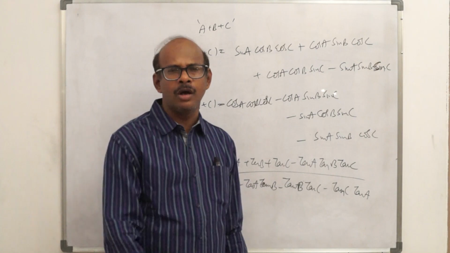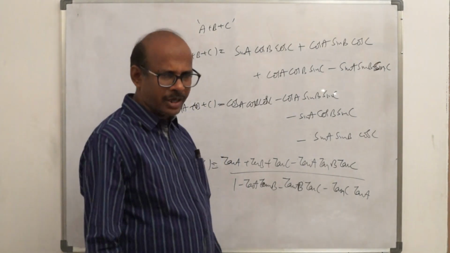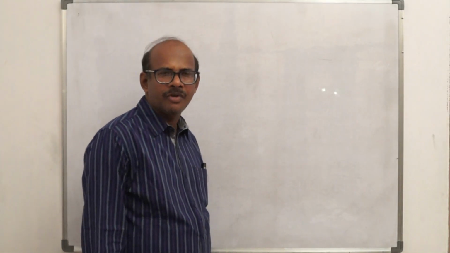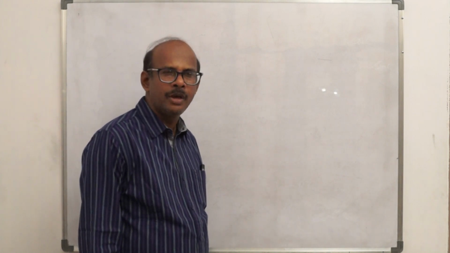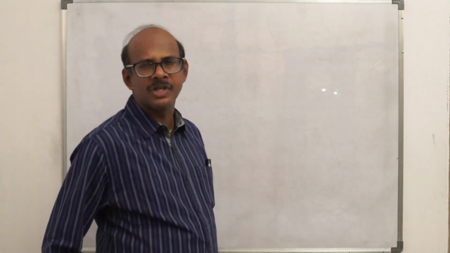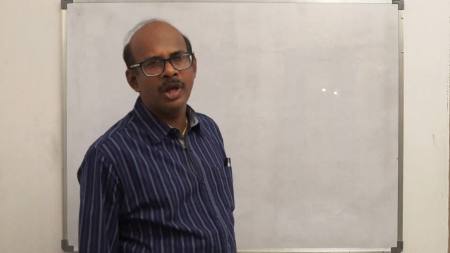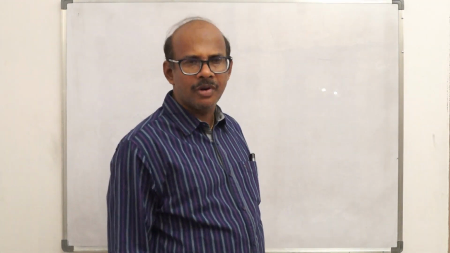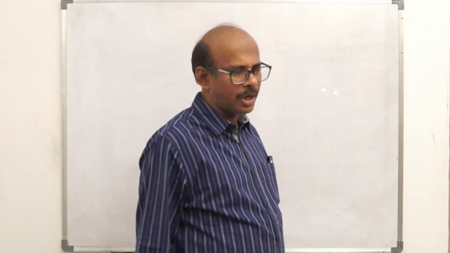My dear students, on the formulas: the proof of the compound angle formula is derived from the vector method or the geometric approach. Sin of A plus B, cos of A plus B, tan of A plus B, and cot of A plus B, and sin of A plus B plus C, cos of A plus B plus C, tan of A plus B plus C. Simply formula oriented. The proofs of the formulas are extracted either from the vector method or by the direct geometrical approach.